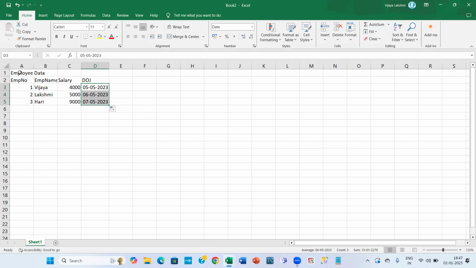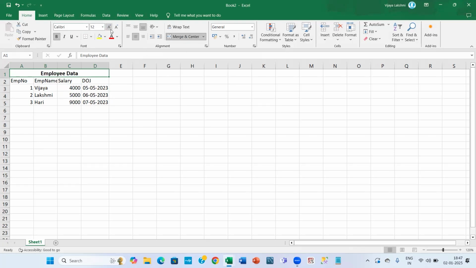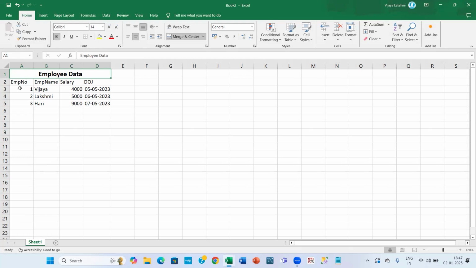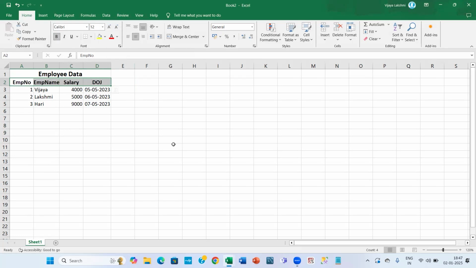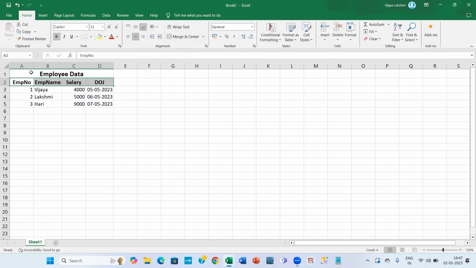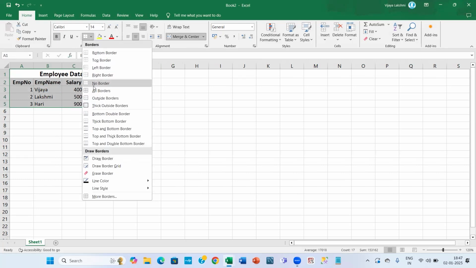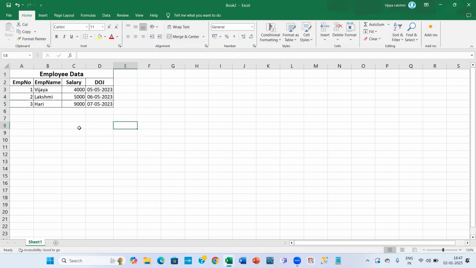The main heading should cover all the columns. So you have to use the option merge and center, apply bold style, font size should be 40. Then we have the column headings. Column headings should be bold, 12 point, and center aligned. And ultimately you apply the border. Select the complete data, apply the border. By default,